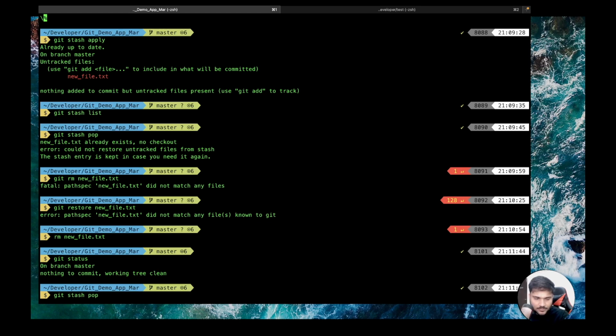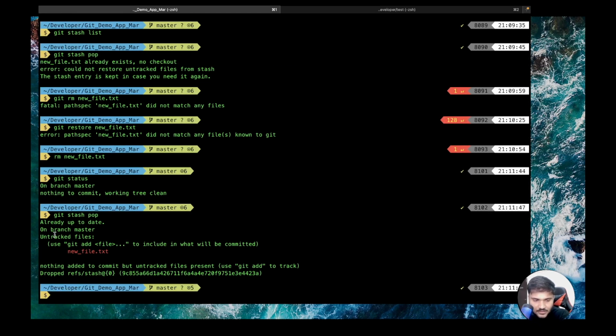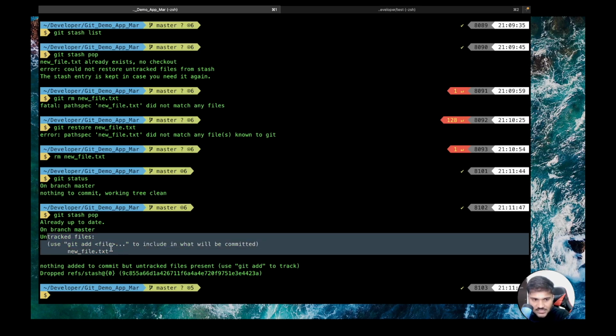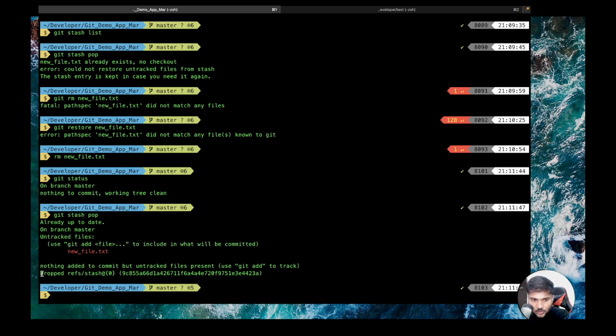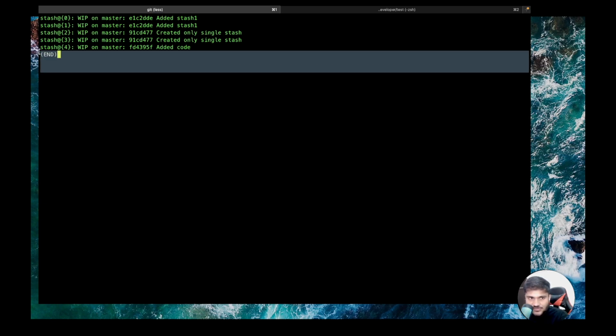git stash pop. The moment you do git stash pop, you can see new file.txt changes came back and you have dropped a stash. If you do git stash list, you can see one stash is gone, the 5th stash is gone.